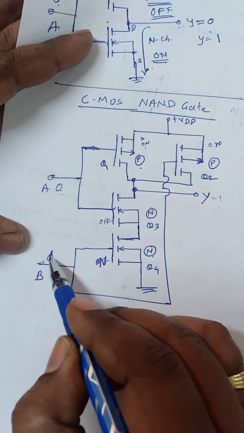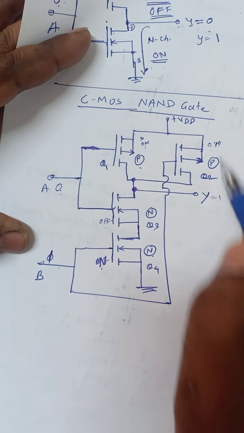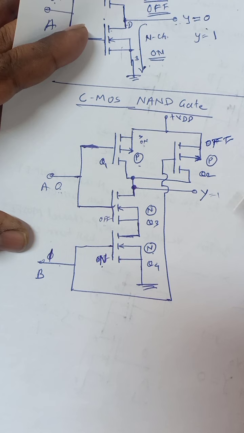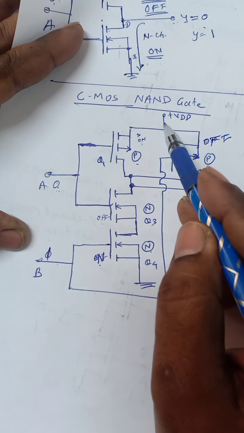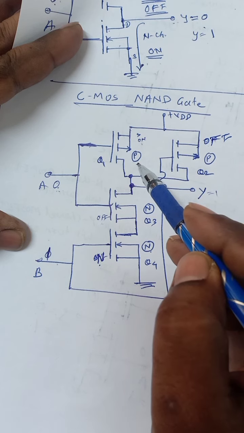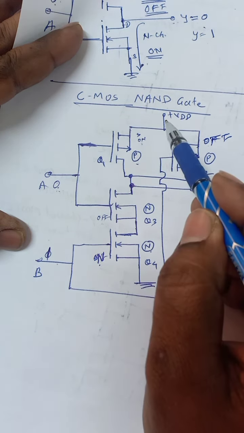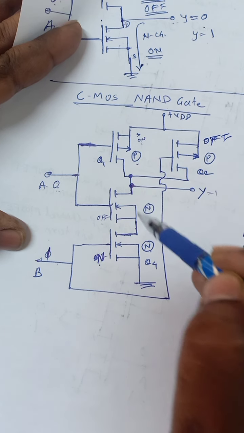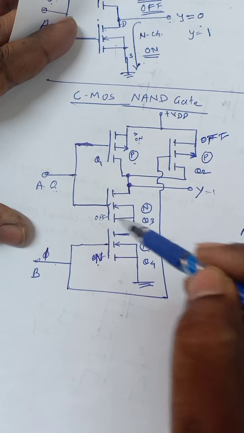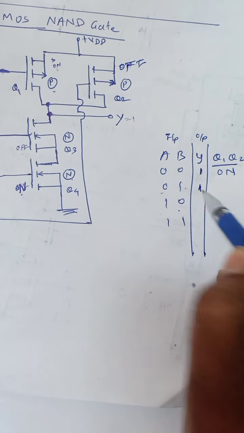Okay, so because of this higher potential, the N channel will turn on and this P channel will turn off. As this is turned off, maximum current flows through, because it is 0, so it will turn on here and it will turn off. Because of the 0, the current flows here, so it is also off. So it develops high resistance, so high voltage develops, so we get again 1.